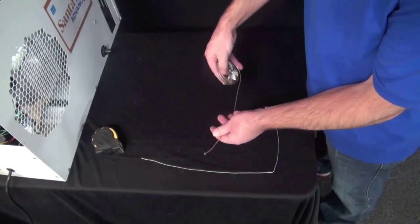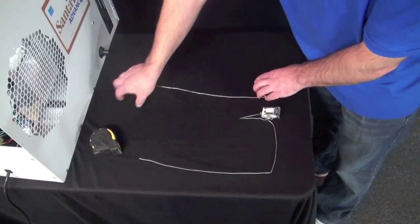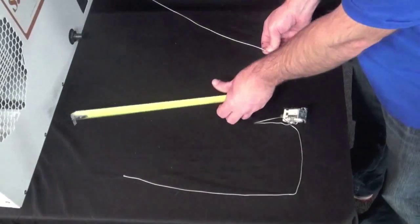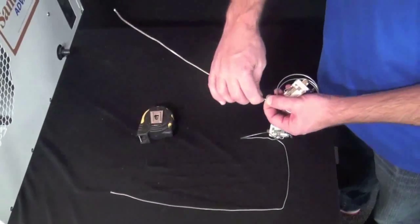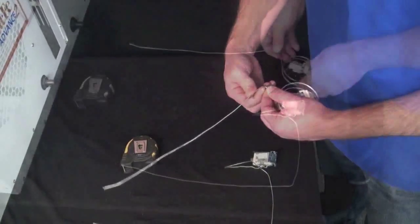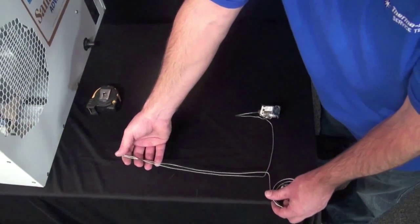You can straighten that, because you're going to want to use your measuring tape and measure this tube 13.5 inches. And then once you've measured, you want to do a 90-degree angle. Now when you bend it, you want to make sure not to pinch it. As you can see, after we've measured our 13.5 inches, it's going to be the same length as the old